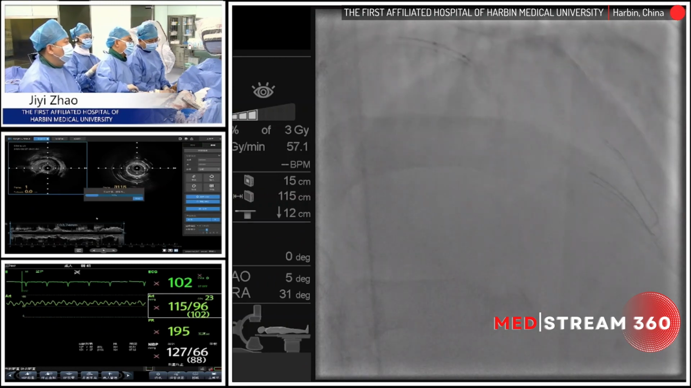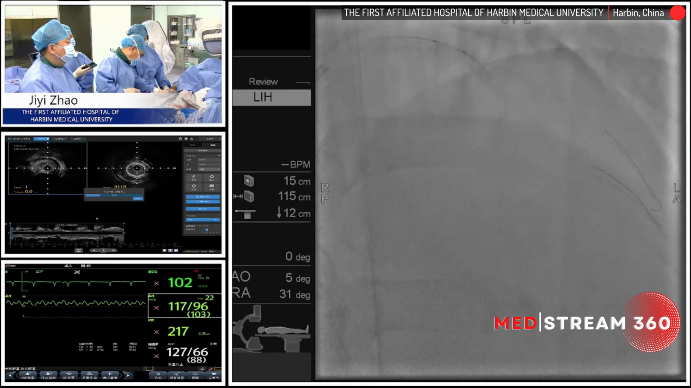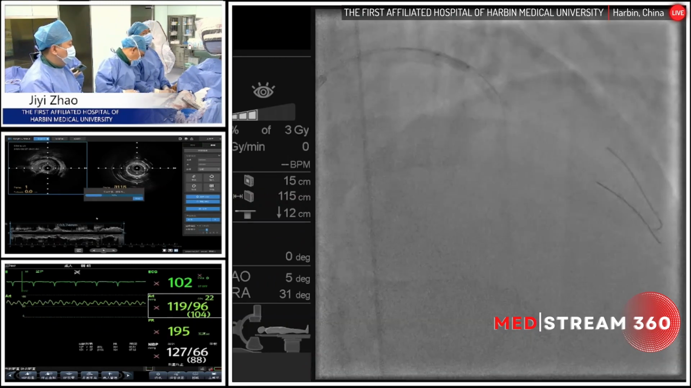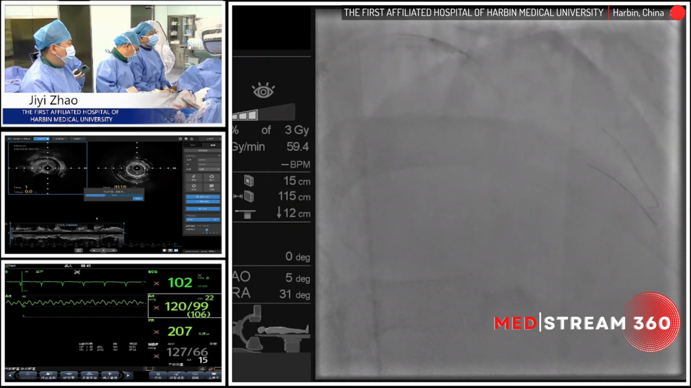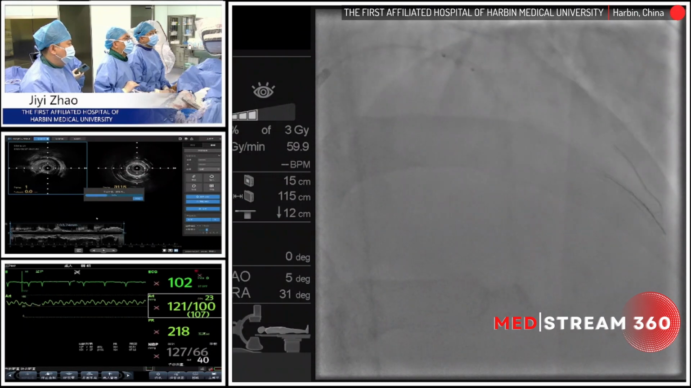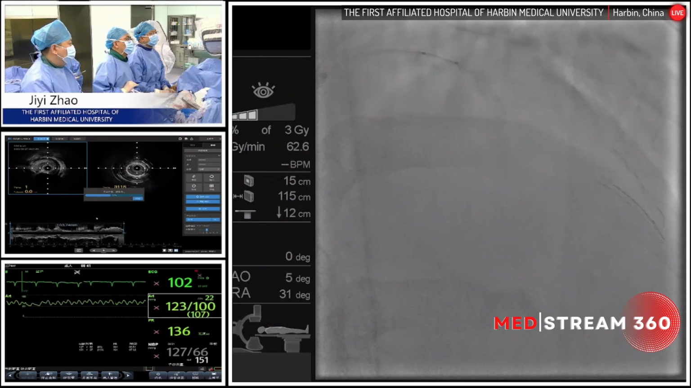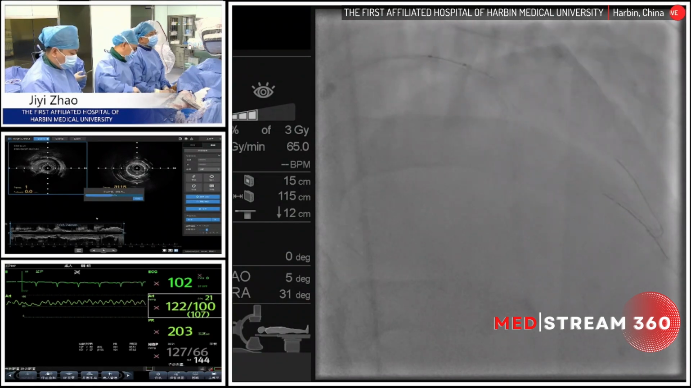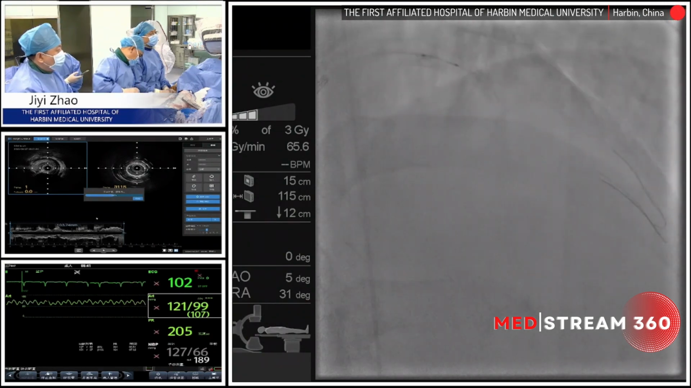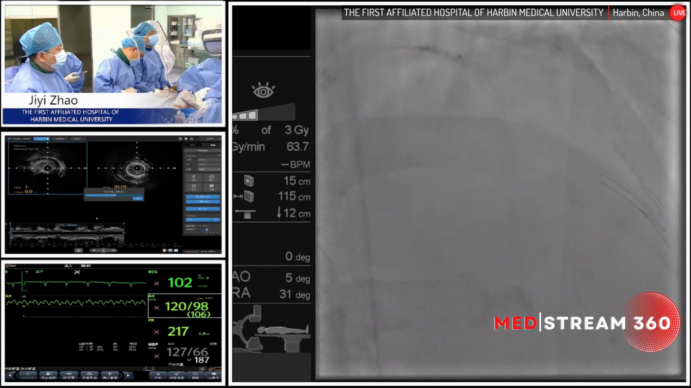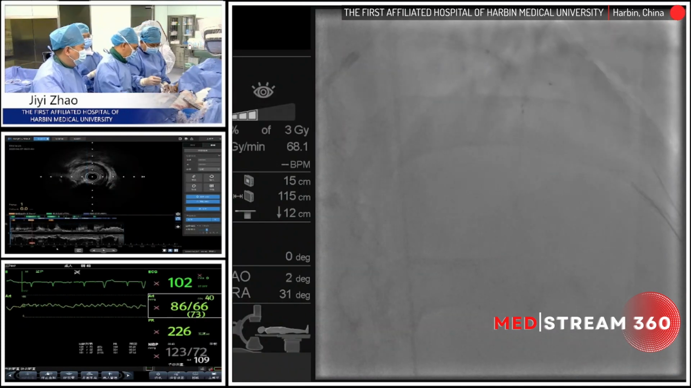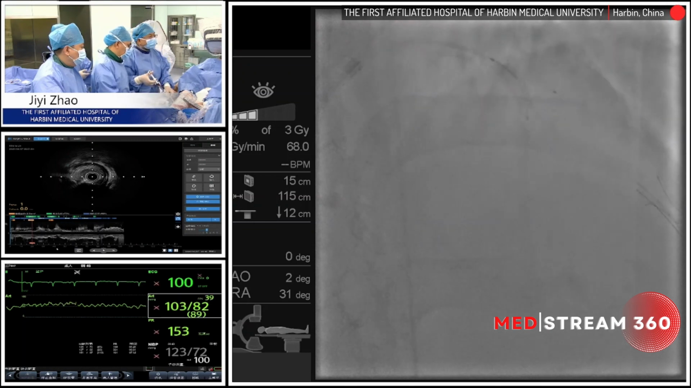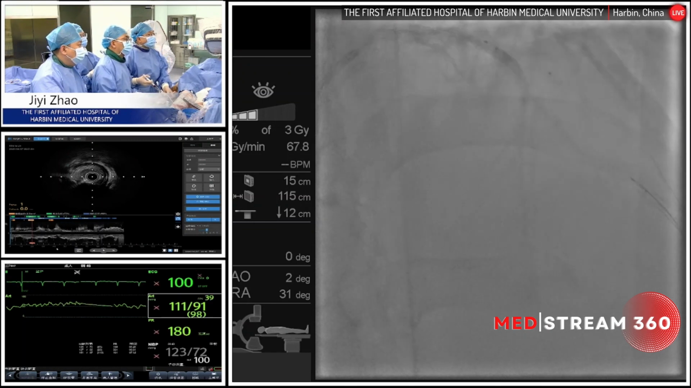Now Professor Zhao just used a 1.0 and a 1.5 balloon to make some dilation at the ostium of the first and second diagonal. So the wire in the first and second diagonal is for the purpose of jailing wire to protect this very large, very important diagonal branch during our procedure. We can see that Professor Zhao just used a 2.0 balloon to make some pre-dilation before we put the